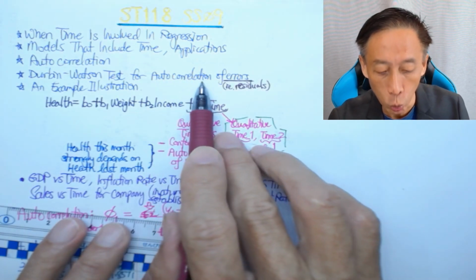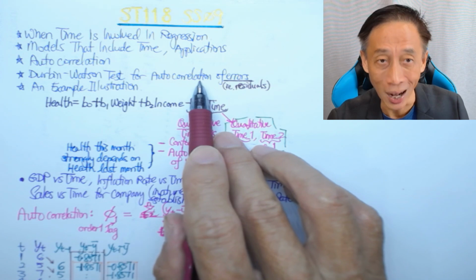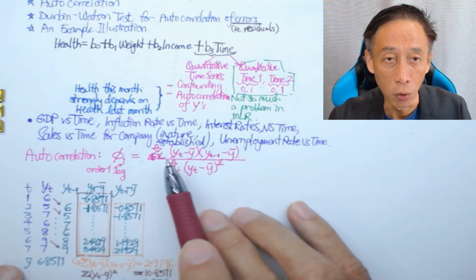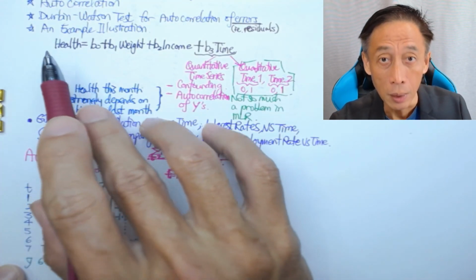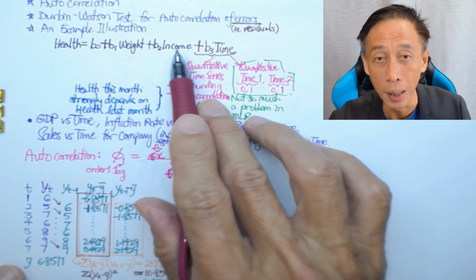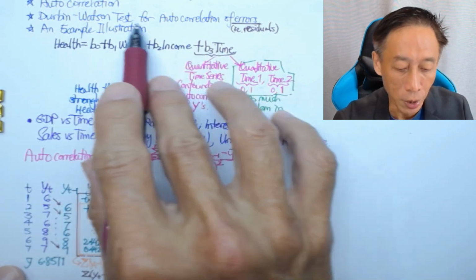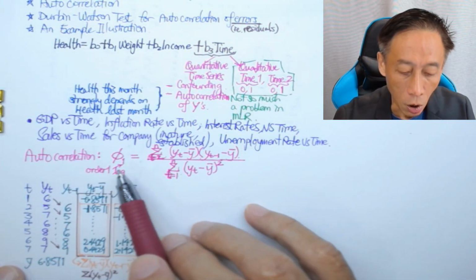So autocorrelation is a concept that can apply to anything. In my illustration just now, I calculated for the value of y. You can, of course, calculate for values of weight and income, but our concern in the context of linear regression, when we apply autocorrelation, will be of the